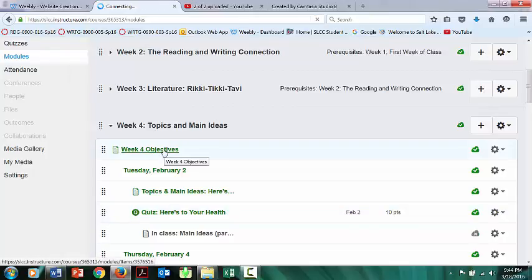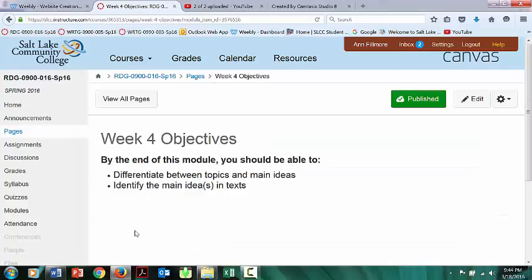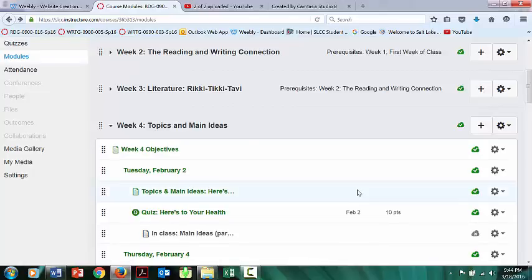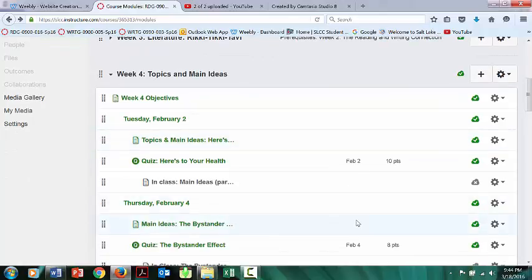Okay, so the objectives are to differentiate between topics and main ideas and identify the main ideas in texts. Okay. I chose this to showcase for a couple of reasons. One of them being it just shows, I think, my progression in teaching. So let's go to